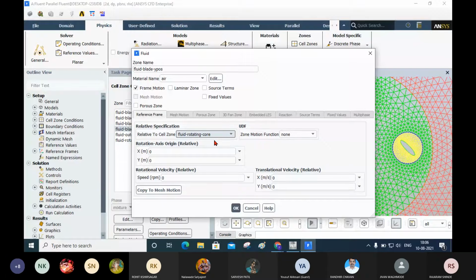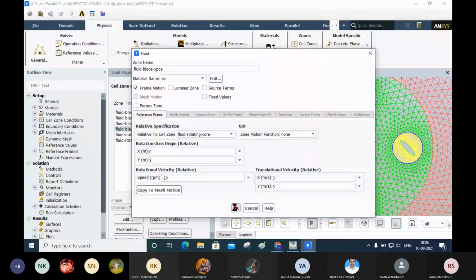That means first the core was rotating with respect to the absolute axis. Now here it is Y positive, so its centroid is at 0, 1 meter. And here the speed is minus 20, that is half of your core speed. Now click OK here.